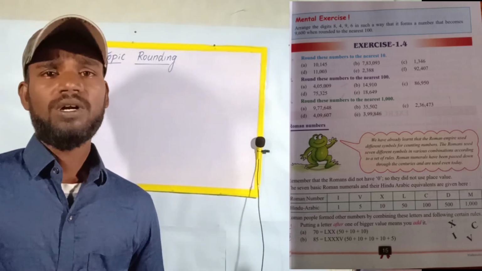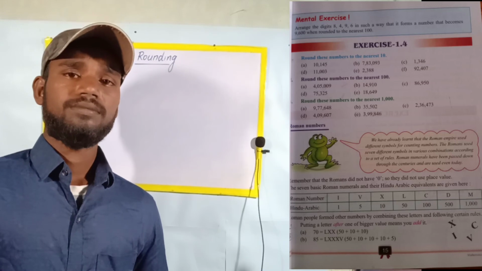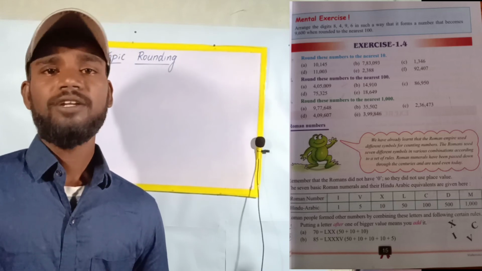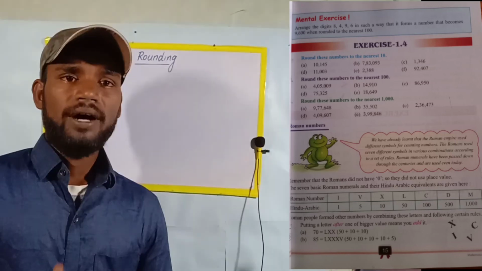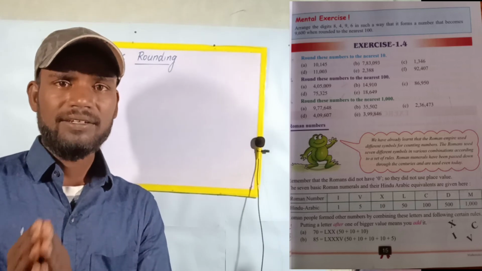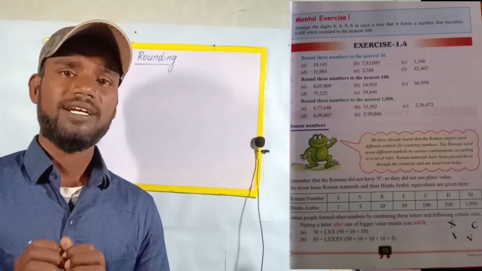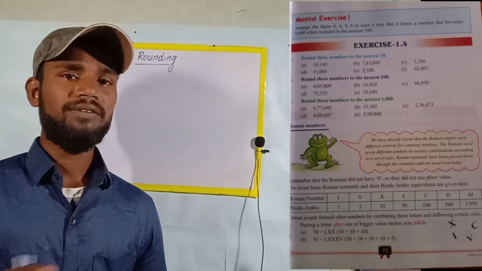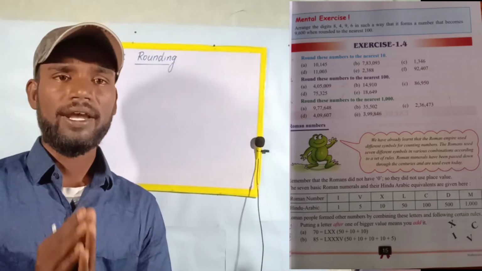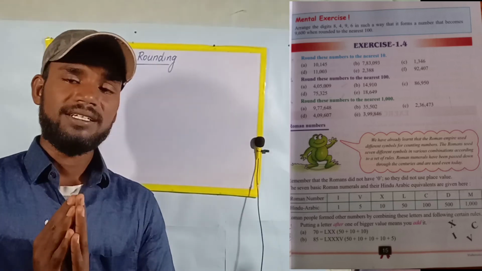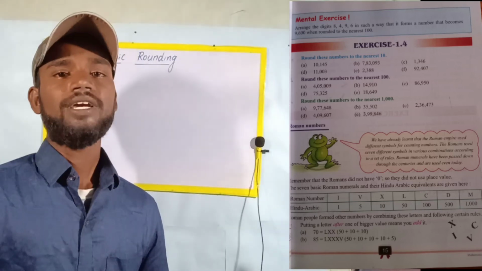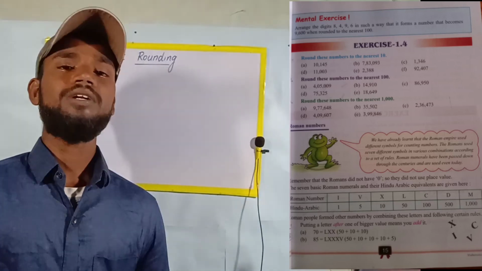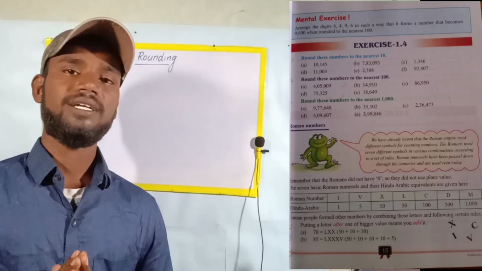If someone asks you how much money do you have, you will reply that 30 rupees I have. The actual amount you have is not exactly 30 rupees. You have 31 or 32 rupees. But you are giving the answer as 30. So around 30 means you are giving the answer. That is rounding off. You actually have 31 rupees, but you say I have 30 rupees.